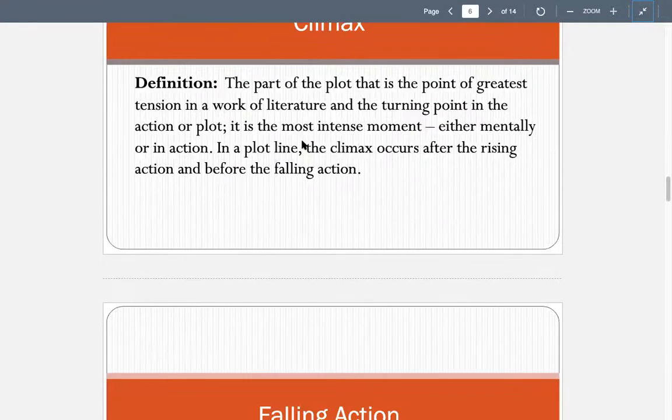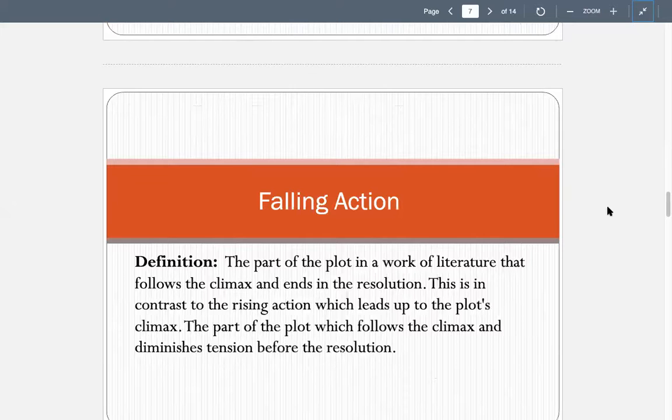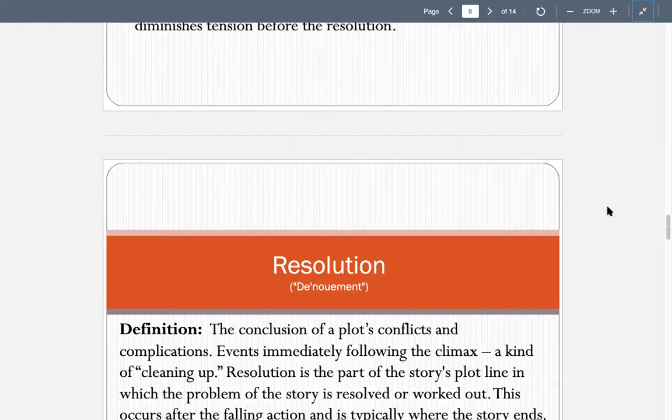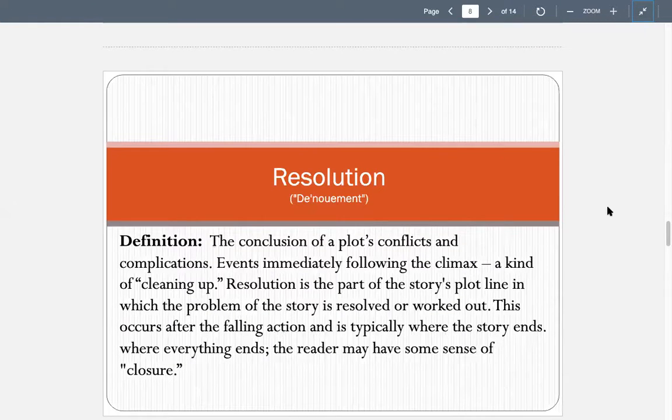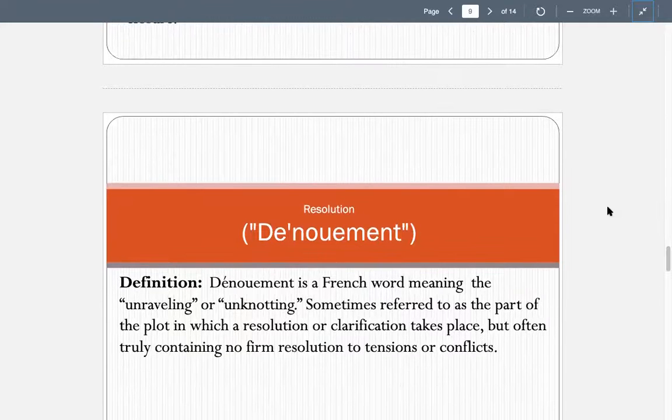And then after the climax is the falling action. And this is the part that is right before the resolution. It is starting to wrap things up before things are resolved, which is why it's the resolution. So here is where it is actually wrapped up. There's some sort of closure. Even if we don't love the ending, we understand that there is a bit of closure. And this is, of course, the French meaning, which is kind of unknotting or unraveling,